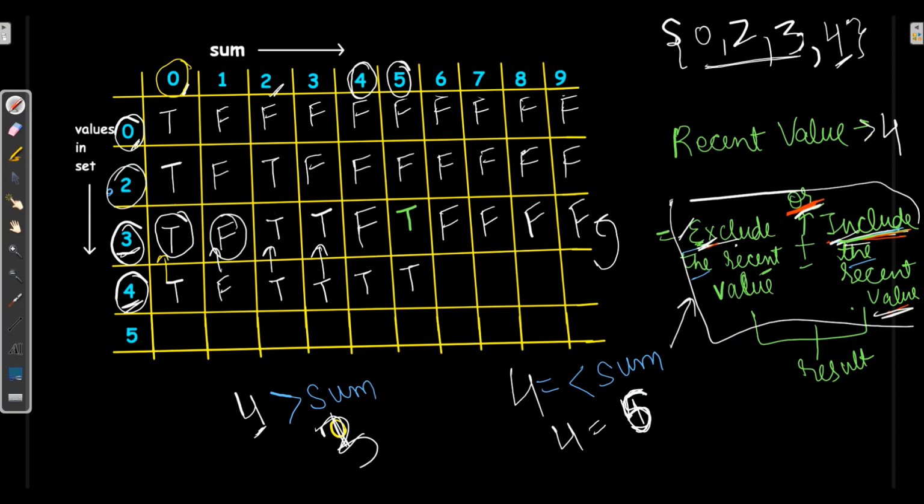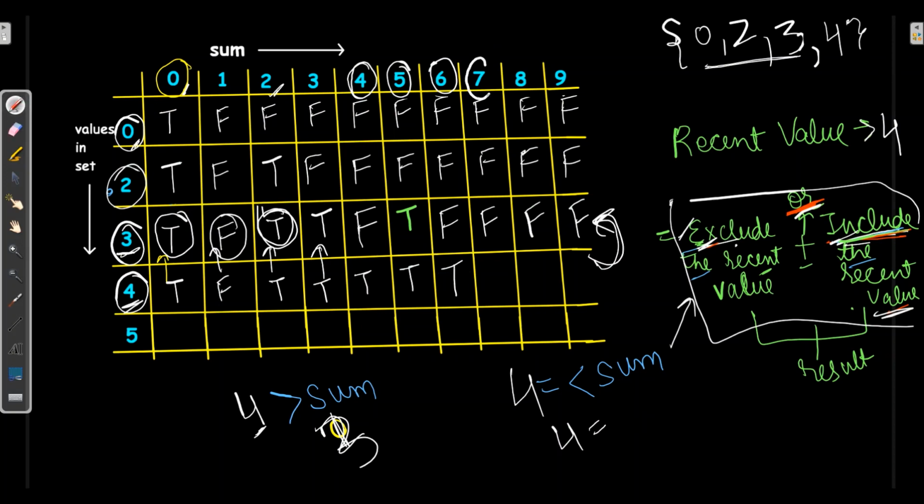Similarly for 6 sum, first I will exclude 4. So here I will copy false, or I will include this 4, and the sum is 6 right now. So 6 sum can be achievable by adding 2. So 2 in the above cell is having true. So false or true will be true. So here in this cell we will have true.